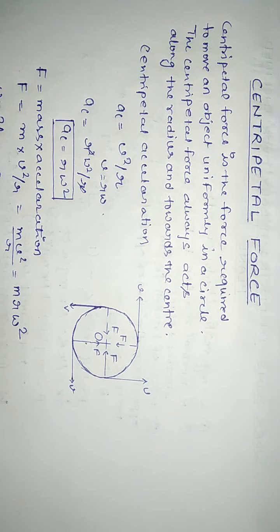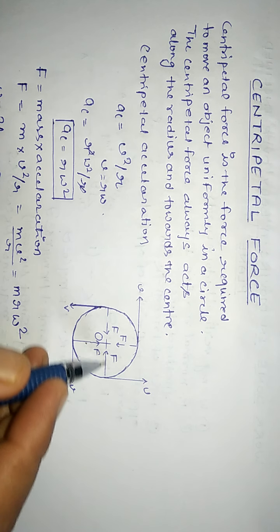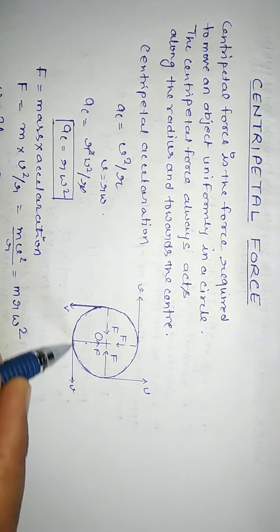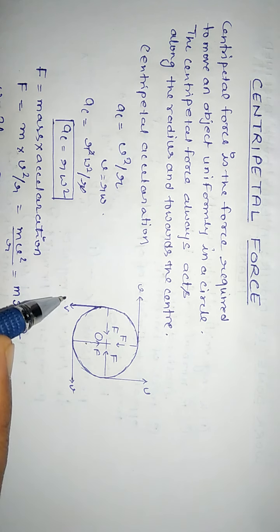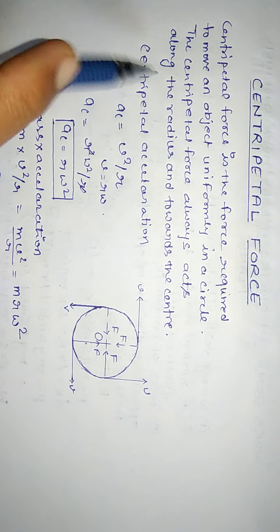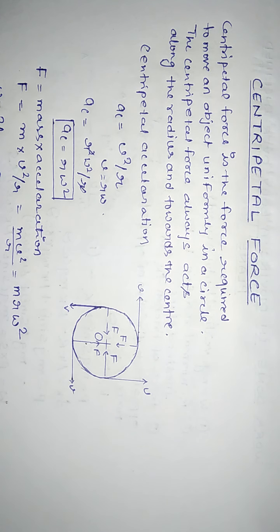Now the force which is required to move an object in a circular path uniformly is known as centripetal force, or centripetal force is the force required to move an object uniformly in a circle, and the direction of centripetal force is always towards the center and along the radius,